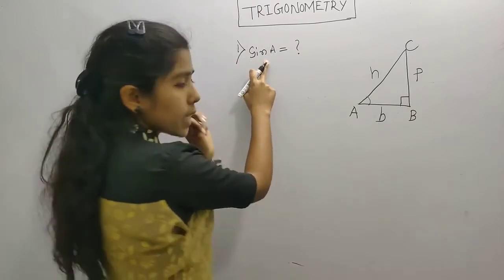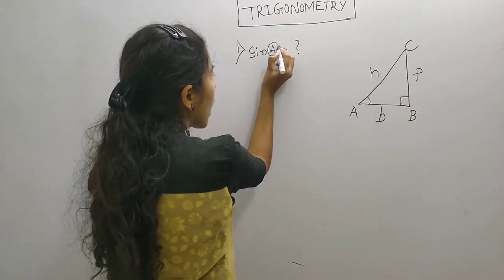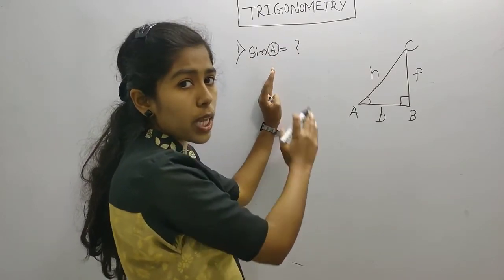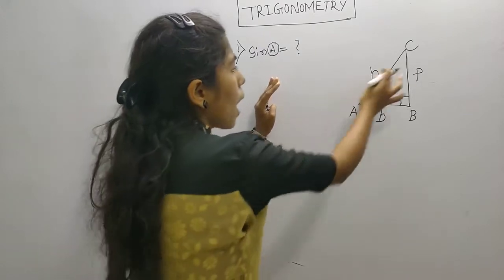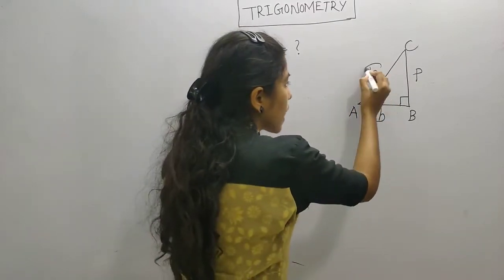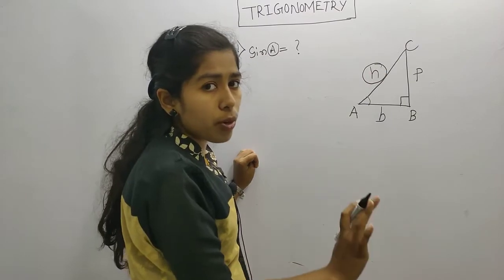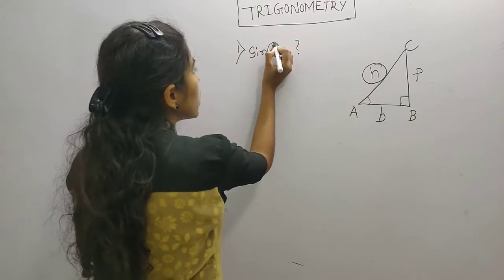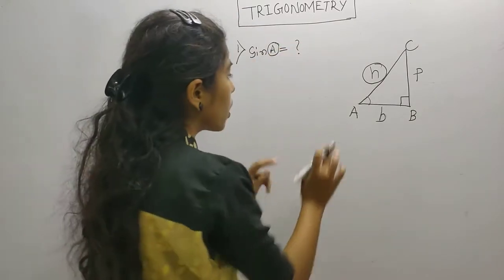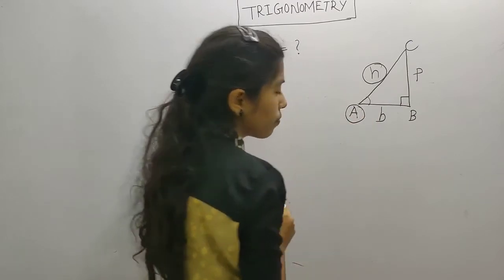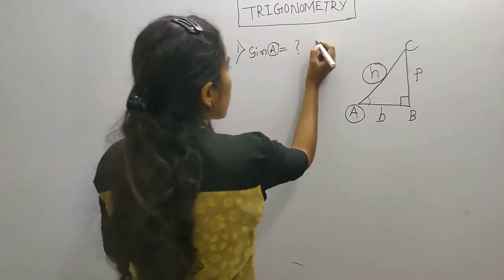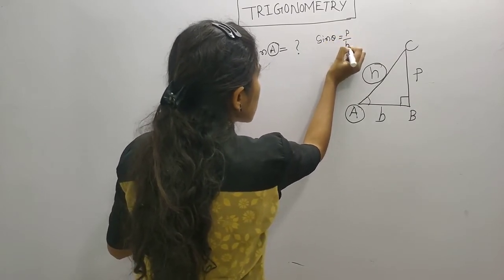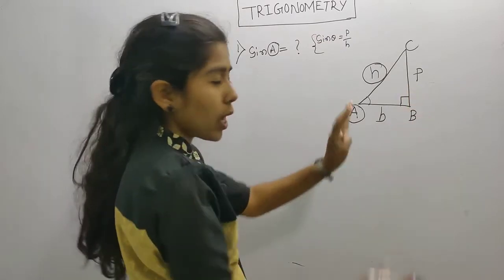See, here sin is there. What is the angle here? A. So, you have to first look at the angle. Then only you can find the perpendicular and base. The hypotenuse is our slope. It will remain the same, constant. No problem with the hypotenuse. We just have to look at the perpendicular and base. So, here you can see the angle is A. So, where is A? Here is A, right? So, what is sin theta? Inside you will write sin theta equals P by H. This is the common formula.